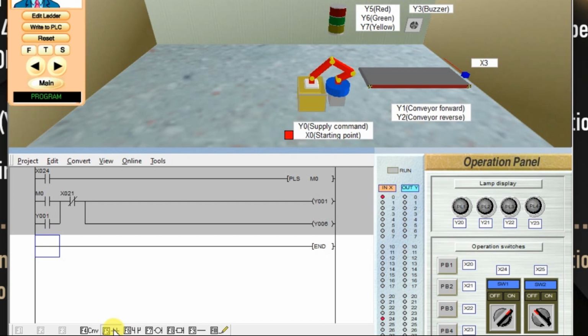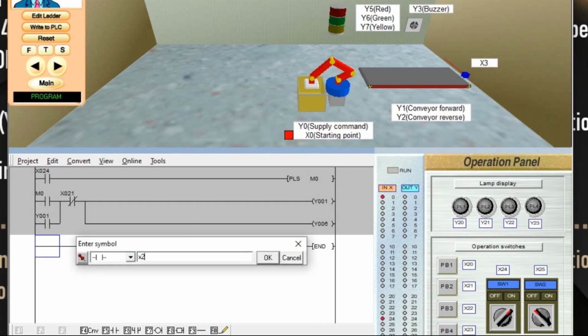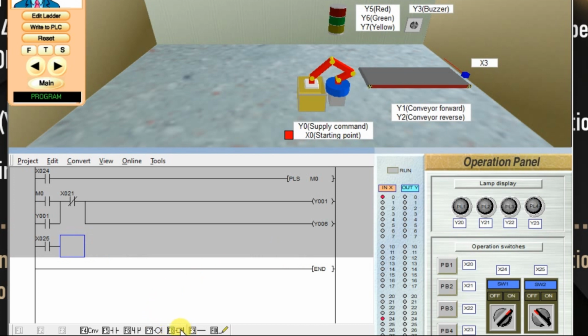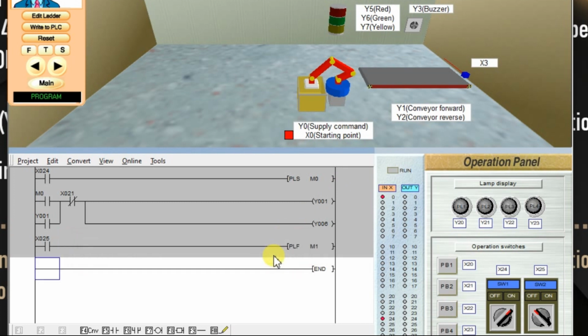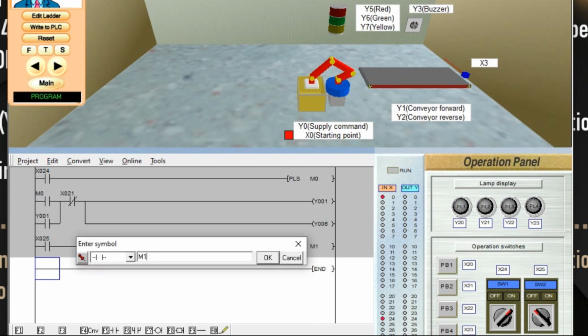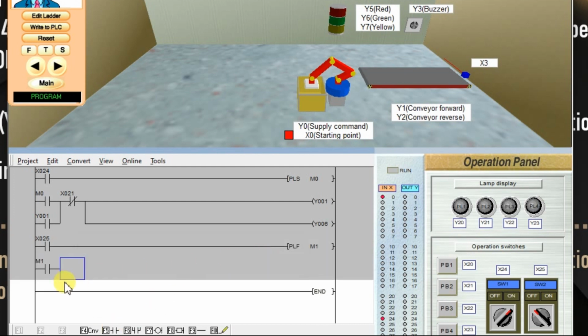I will take one more input X25. OK. Take application instruction, use falling edge instruction PLF, take one more memory bit M1, click OK. Again take the status of M1 here. This M1 will activate the robot.